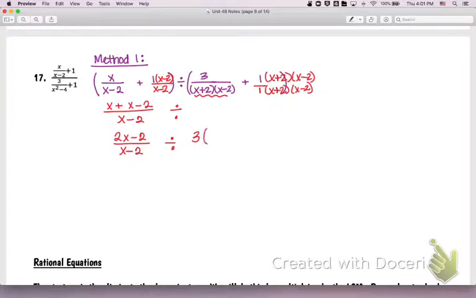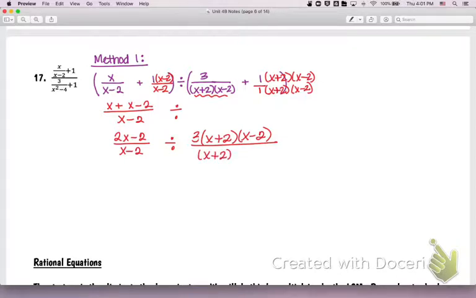3 times, x plus 2 times x minus 2 is x squared minus 4. And we may as well leave it factored, actually. The factored form is going to be more useful so that we can cancel stuff out. So let's leave it as x plus 2, x minus 2. And that's over,